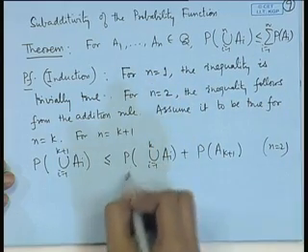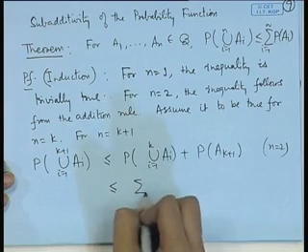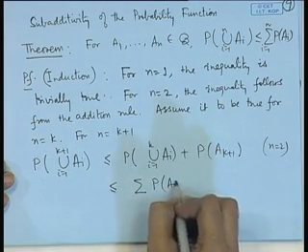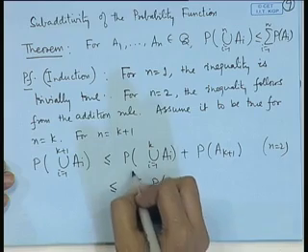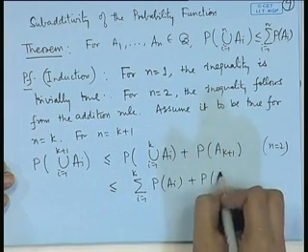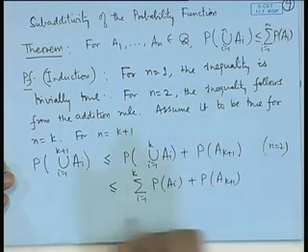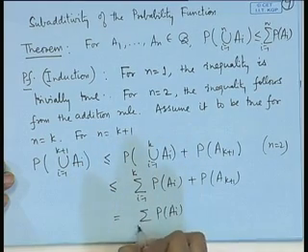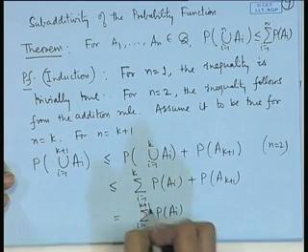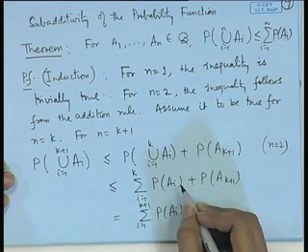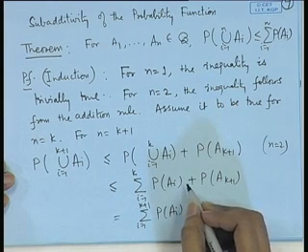So now on this we can make use of the assumption that up to n is equal to k it is true. So it becomes less than or equal to probability of A_i, i is equal to 1 to k, plus probability of A_{k+1}, which is nothing but the sum of the probabilities, i is equal to 1 to k plus 1. Therefore by induction the result is true for all of them.